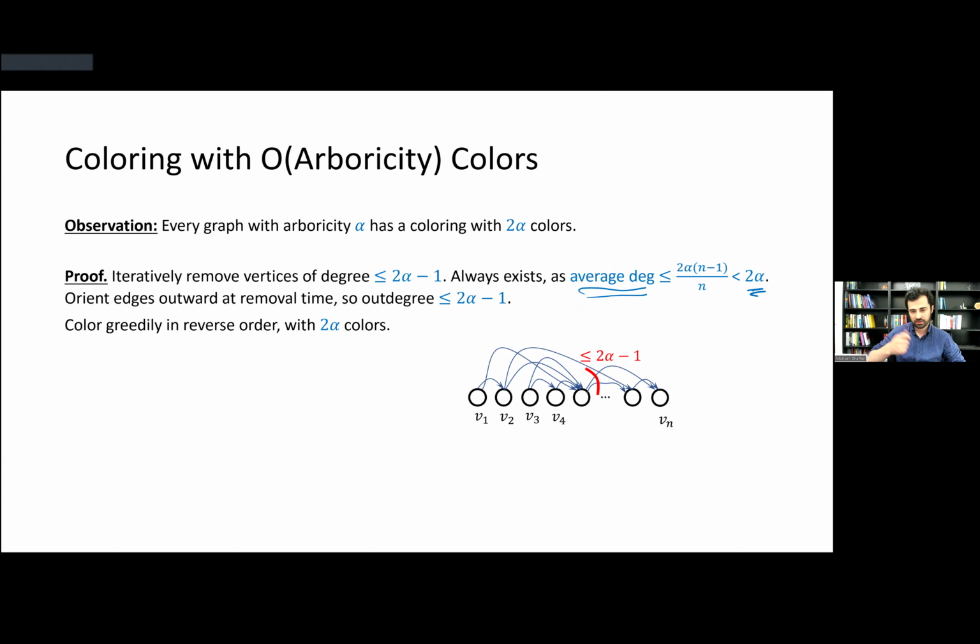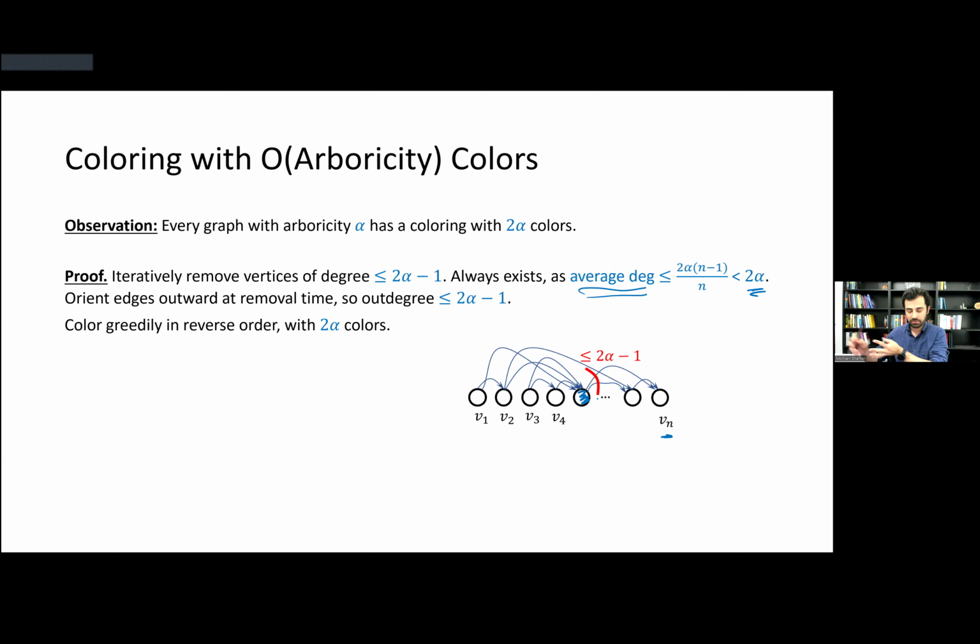Okay, so let's just remove these vertices one by one, and in some sense, let's orient the edges to the vertices that remain. This orientation is something that we will use later on. Orientations of this nature. Now, once we have this kind of a picture, we can start the coloring from the end of the removals and go backward. Every time that we come to a given vertex,